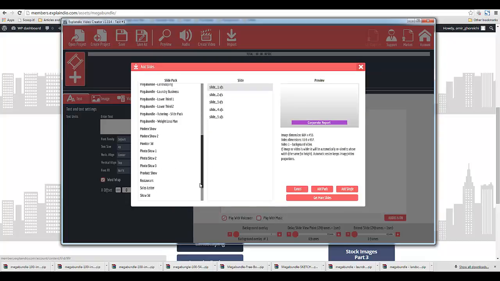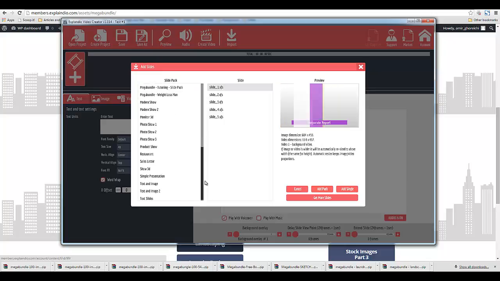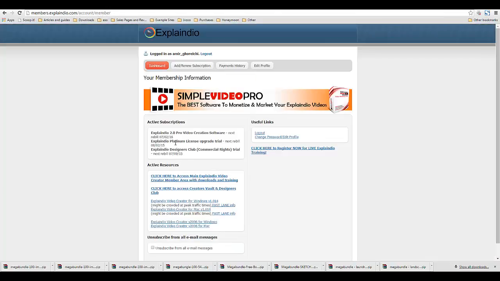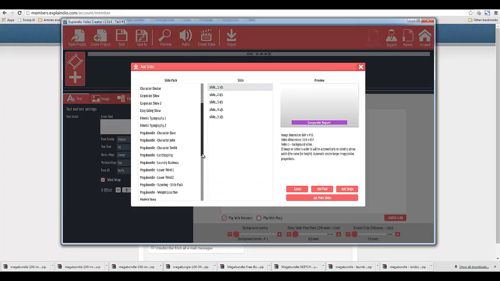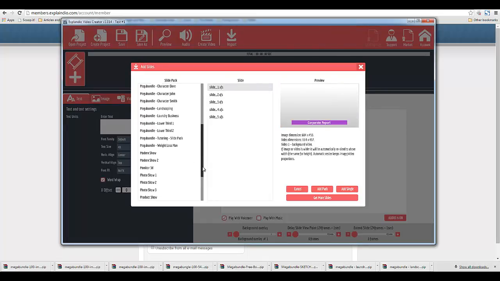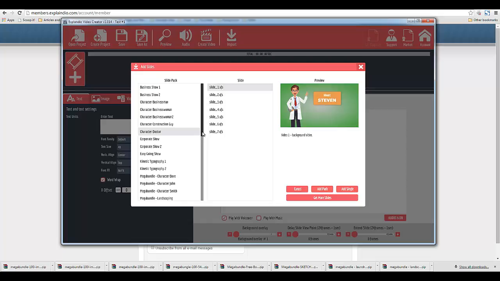And since I signed up for the $1 trial for Platinum and Designers Club, I actually got a bunch of additional slides here, all these mega bundles. They are basically part of that, but all of these without mega bundle are part of the base package.